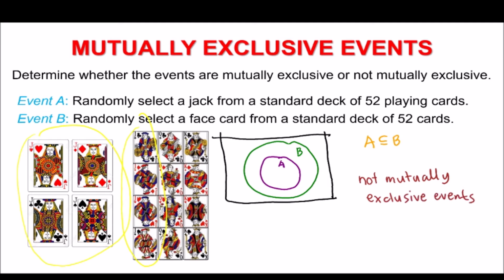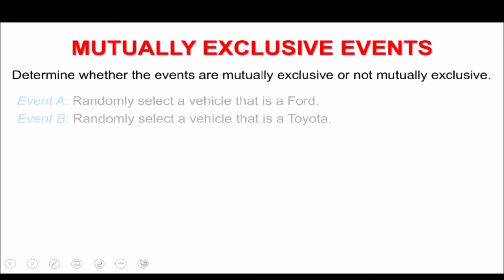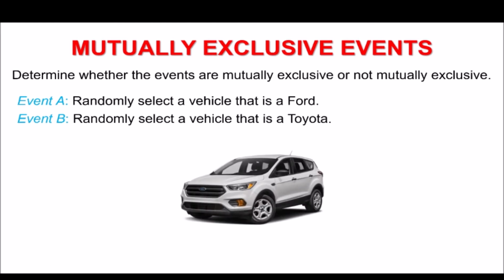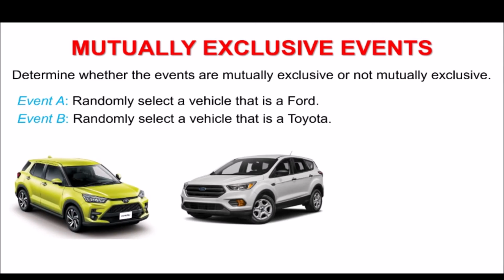Okay, next problem. Event A, randomly selecting a vehicle that is a Ford. Event B, randomly selecting a vehicle that is a Toyota. Ford and Toyota are different brands of vehicles, and it is impossible for us to have a vehicle that is a Ford and a Toyota at the same time. So if we draw a Venn diagram for these two events,